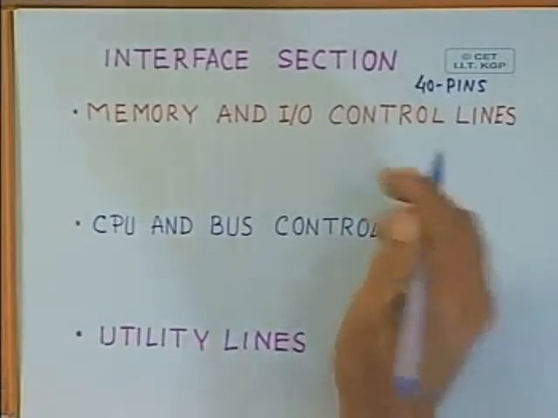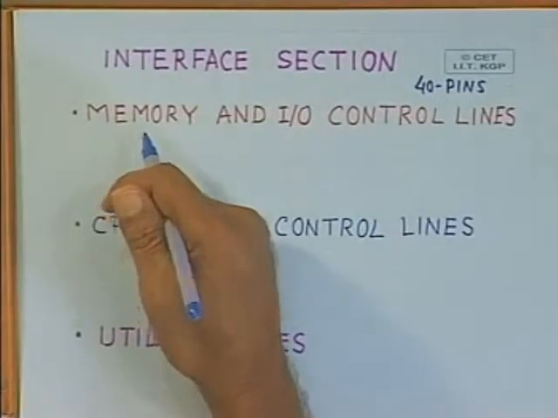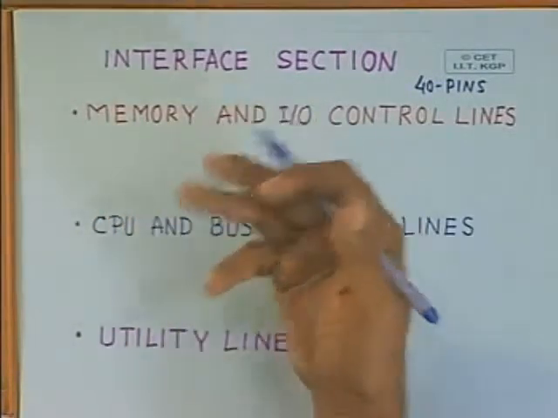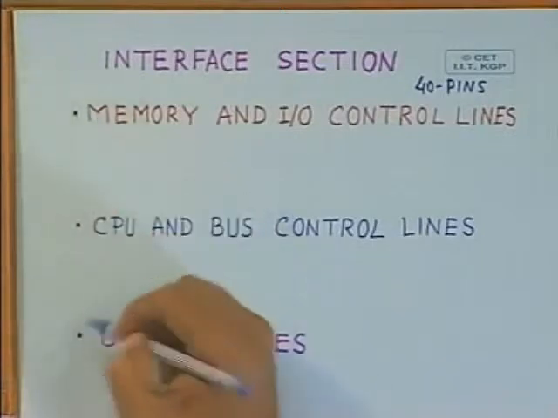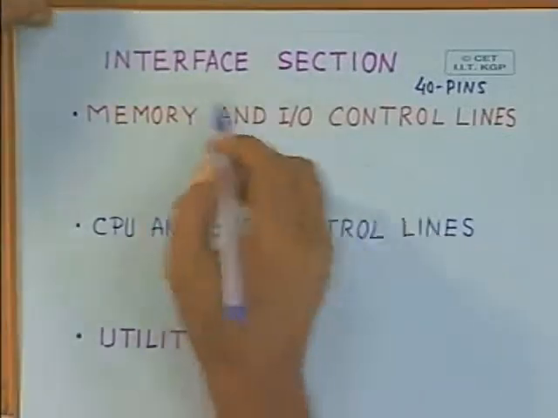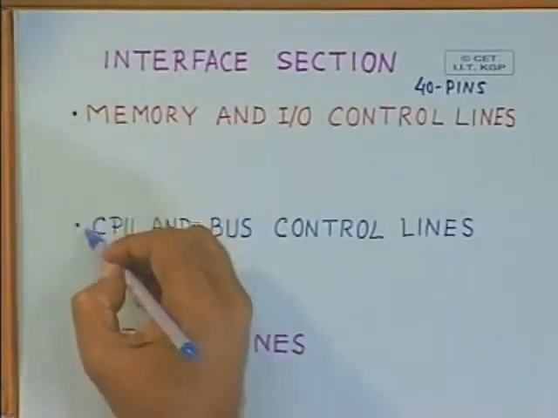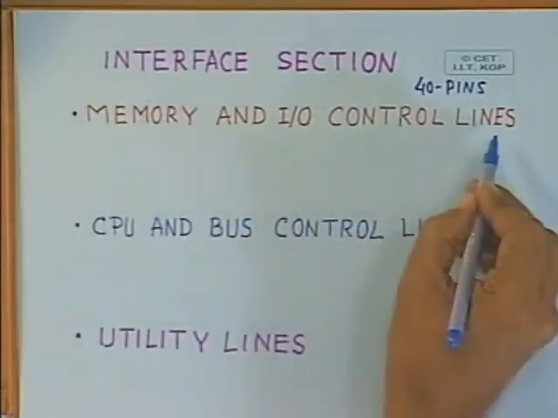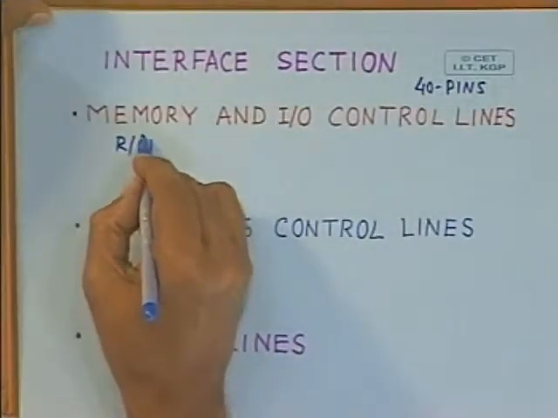And nowadays you will find there are many microprocessors which are having as many as 256 pins or more, because the requirement has increased, technology has advanced. But let us focus on what is provided in 8085. But the nature of the interface section has not changed over the years. For example, the interface section will provide a number of pins or lines which can be broadly divided into 3 types: memory and IO control lines. Memory and IO control lines, like say read or write.